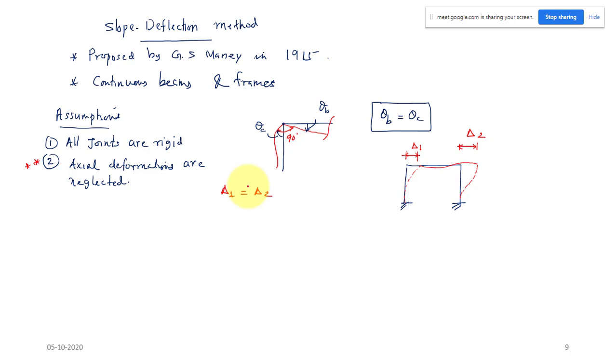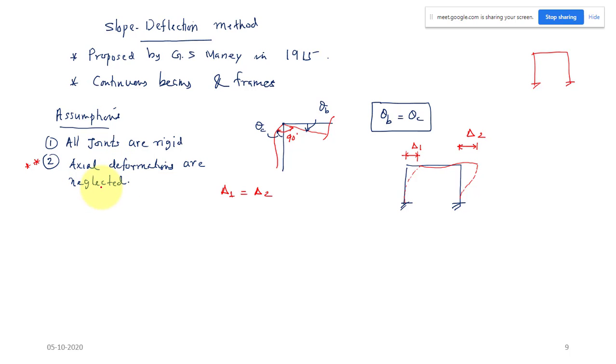I think you remember the assignment question. We had a portal frame like this, a 3 by 4 story frame, with axial deformation. The degree of freedom was 48, I think, and without axial deformation, once you apply this condition, your unknowns will be reduced from 48 to 20. So instead of 48 you have to solve only 20 unknowns, so you will be getting a lot of advantage from the computation point of view.